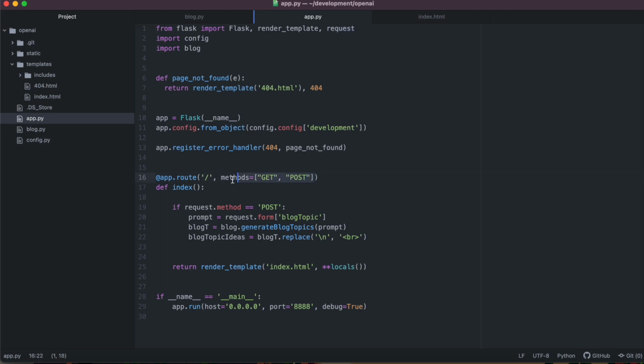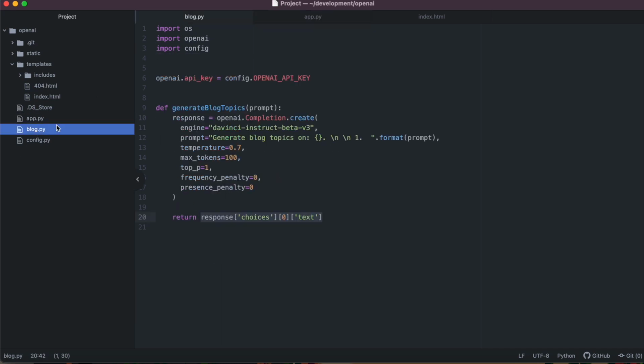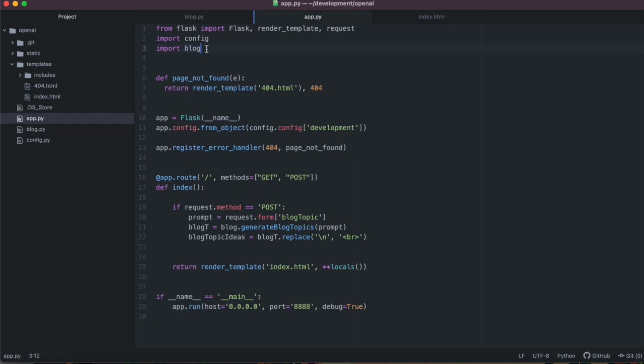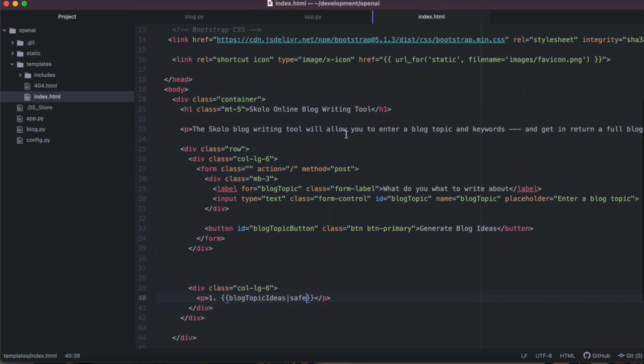And make sure that you add methods as get and post as well inside of your route so that you can deal with both get and post requests. And then at the top there, you just need to import blog. Blog is that file that has this, so we can call these functions inside of the blog file. Just make sure that you import this file blog at the top, and then you're ready to go. So you're ready to then say if request.method is equal to post, that's a request you put it over there. So you sort of say, if somebody submits a post request, which is what's inside of the index.html,